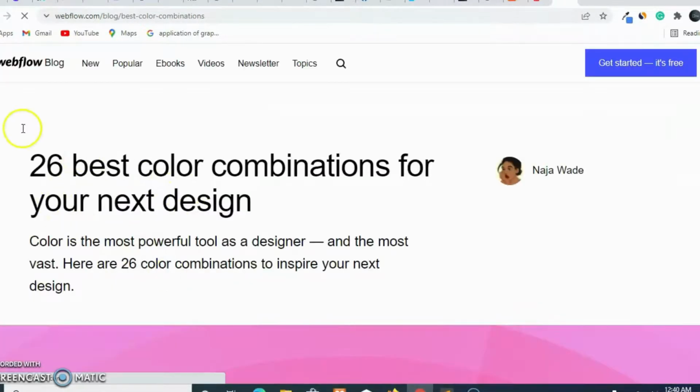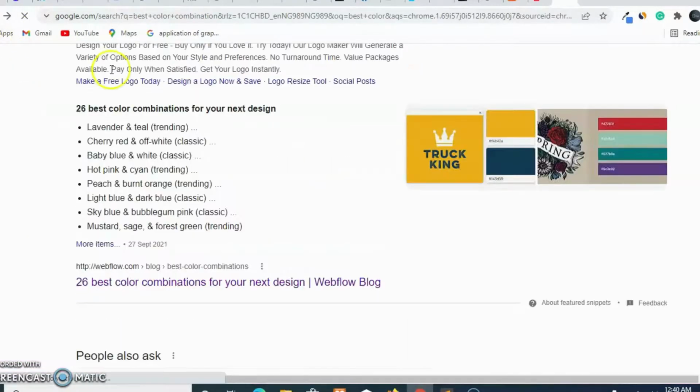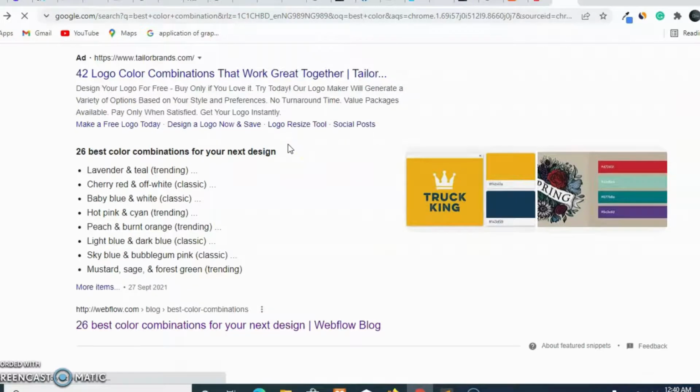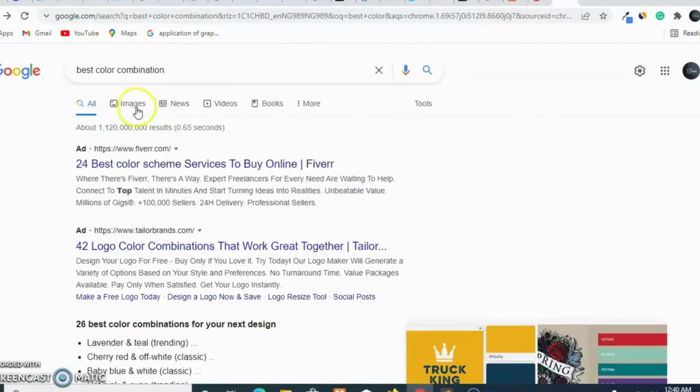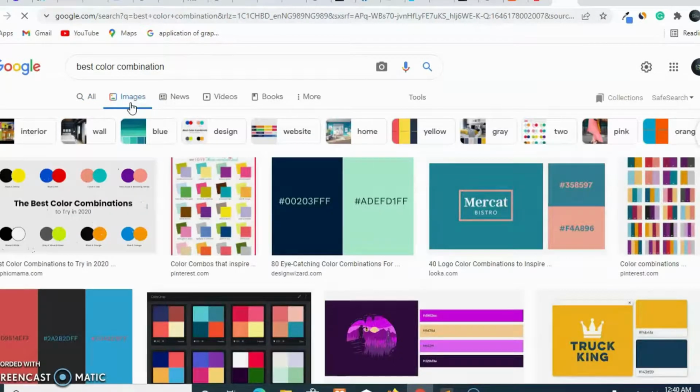Oh, should I go back? Let me go back and view it as an image so that I'll be able to select the best color combination. Just any color you wish. So you know the color you want to do. I don't know the color. So for me, okay, let me use this color. I think this color will be okay. So what you do is go to Google, type that color, click on images. You can see the color code here. You can copy that color code and paste it here. I think I like this color.